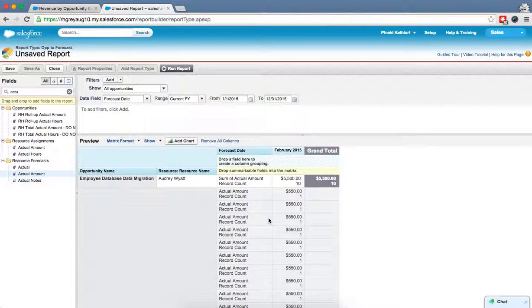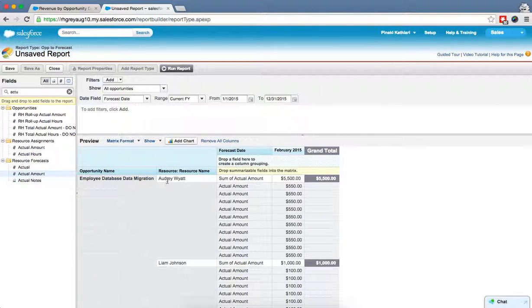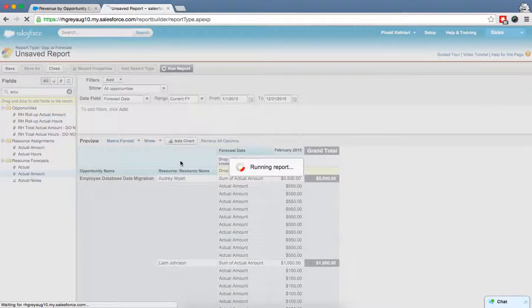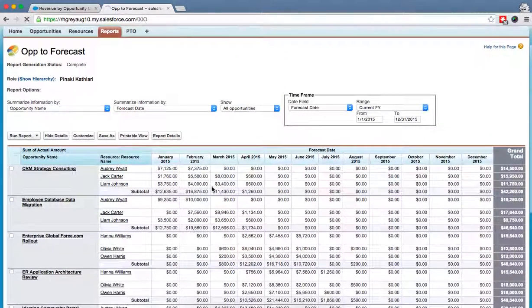So let's hit apply. All right, and this record count is in there. We're just going to get rid of that, so we're going to go in here and uncheck record count. That's basically it. So now we've put the opportunity name, the resource name, and the actual amounts in here. So let's just run the report. And here we have it. So these are the actual hours multiplied by the rate for each individual resource